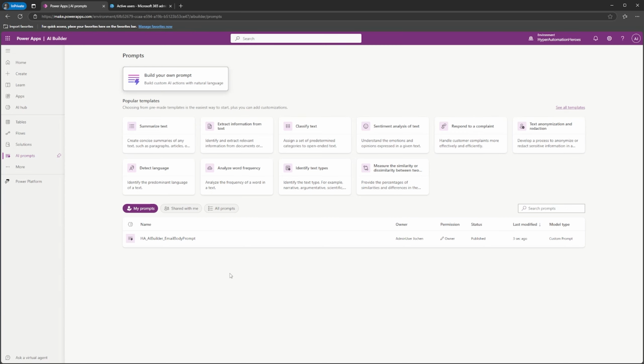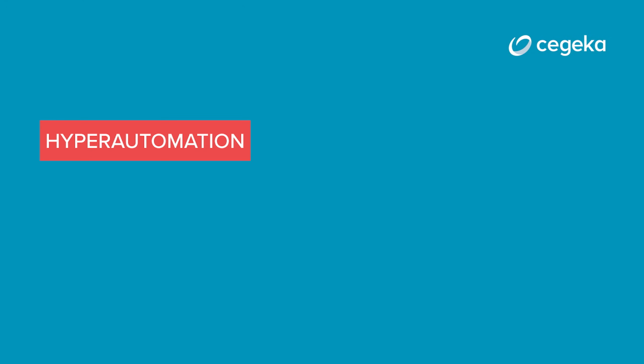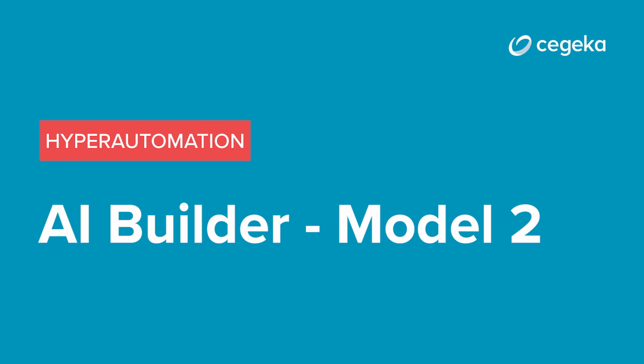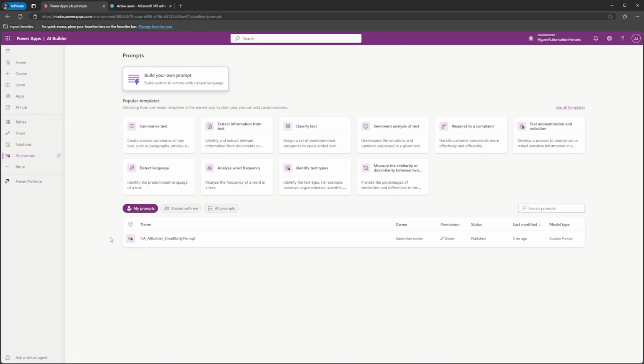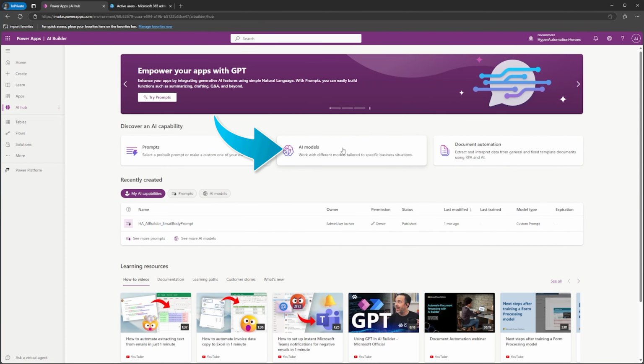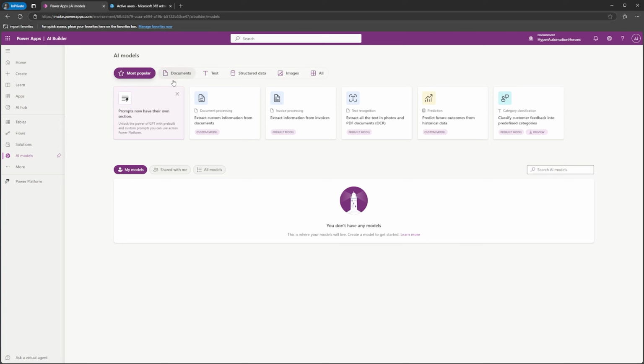But now let's create our model for processing the ID card image that will be attached to the email. And there's multiple ways of doing this, but the easiest in my opinion is just to click AI Hub again, and then click AI Models, this middle top button here. And as you can see, also here we have a bunch of templates that we could choose. And I think I have seen an actual template to process ID cards, but we are going to again start